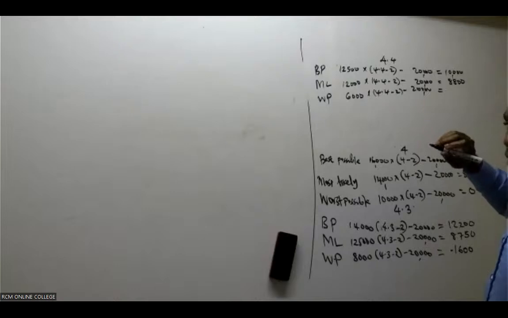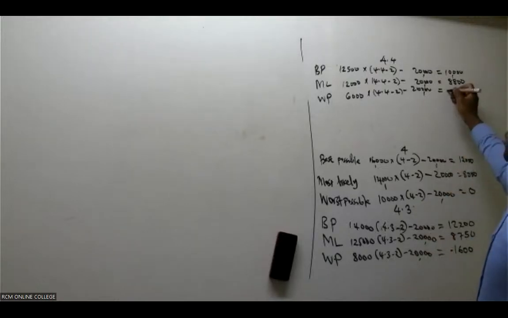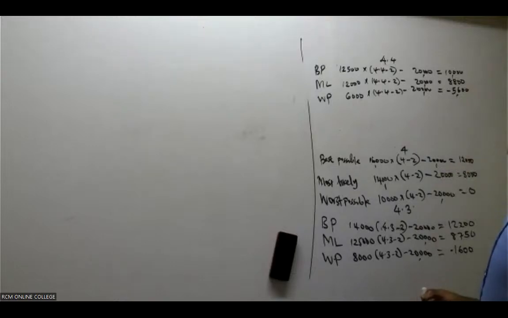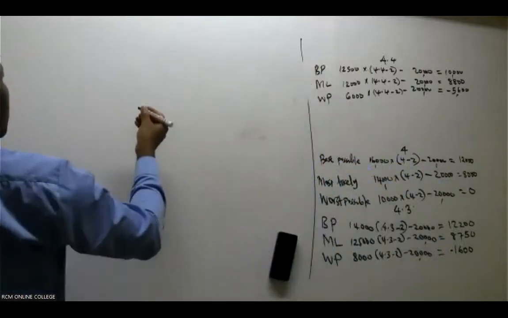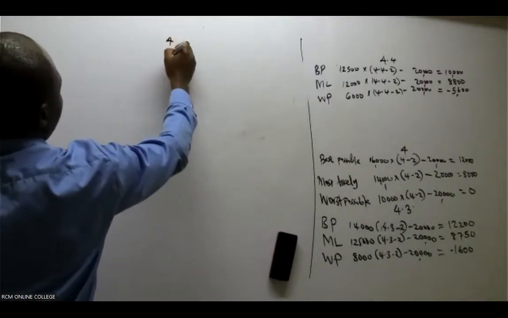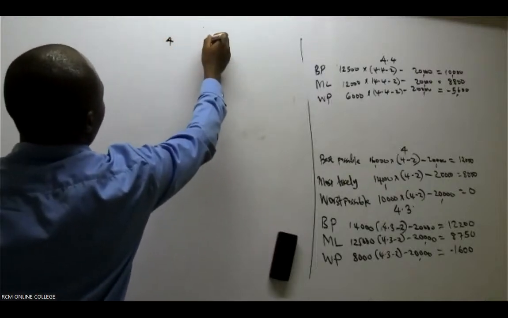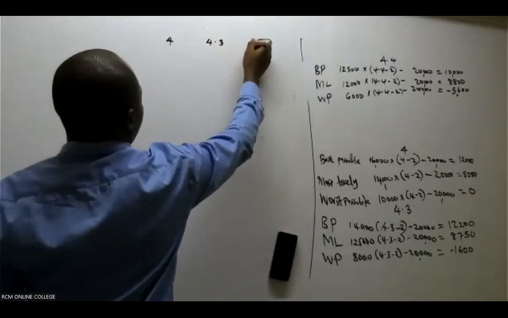$10,800, and the third one? The third one, 5,600, of course, negative 5,600, negative 1,600. Good. So having done that, why can't you come up with a table? When you set the selling price at 4 shillings, when you set the selling price at 4.3, and when you set the selling price at 4.4,